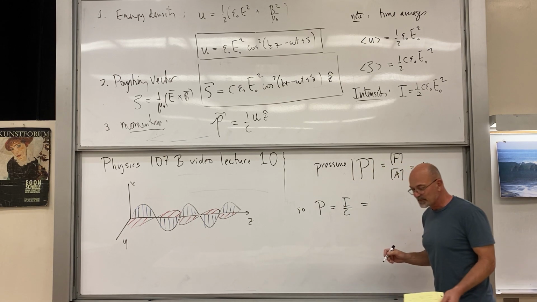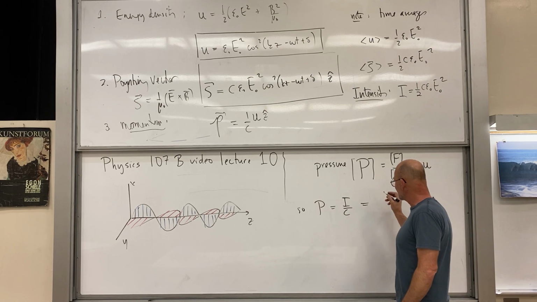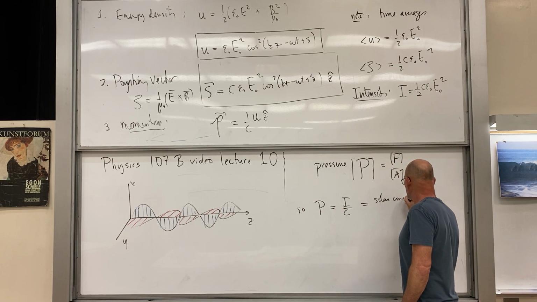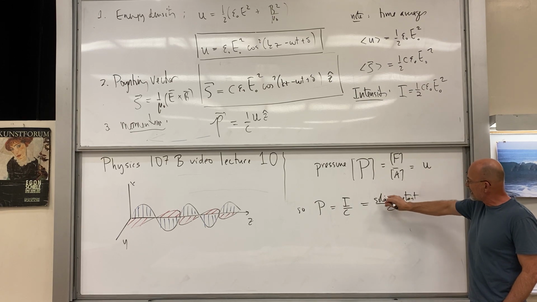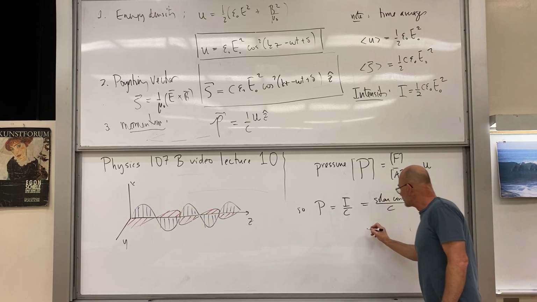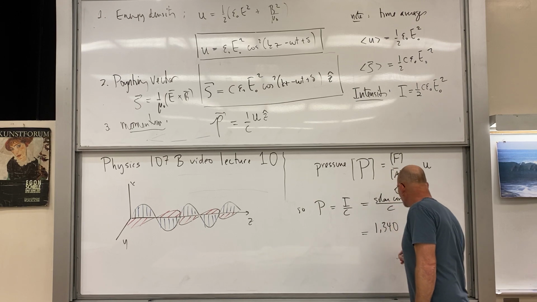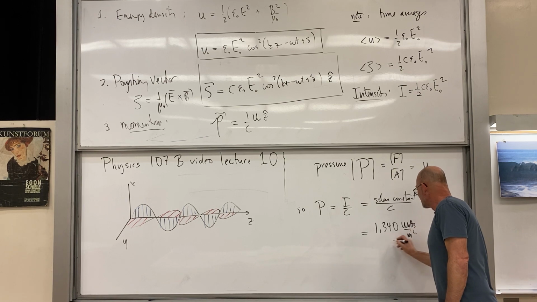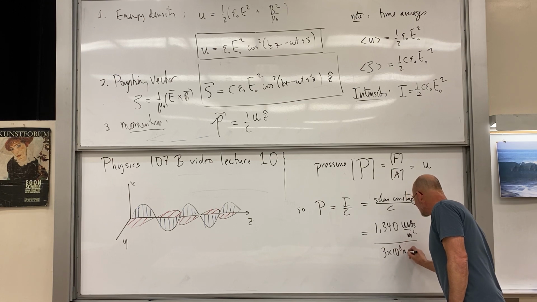Now the interesting example is just our sunlight that we're bathed in. It's called the solar constant, over the speed of light. That's an interesting example because this is a well-known quantity, and so is the speed of light. So if we go ahead and plug in the 1340 watts per square meter divided by the speed of light, 3 times 10 to the 8 meters per second,